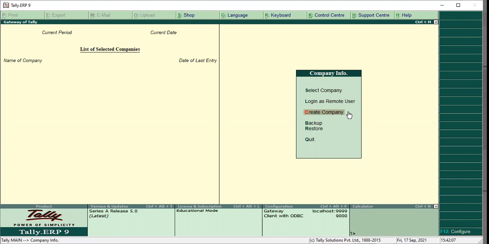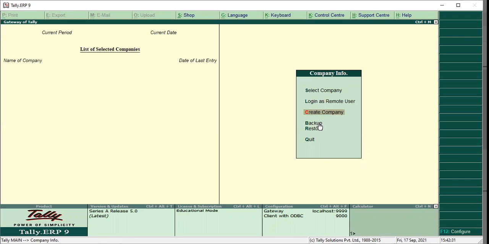But we have to know these things if you want full-fledged information on how to create a company, what kind of permissions a junior accountant will have, and what kind of permissions an administrator will have to modify or alter the data in Tally.